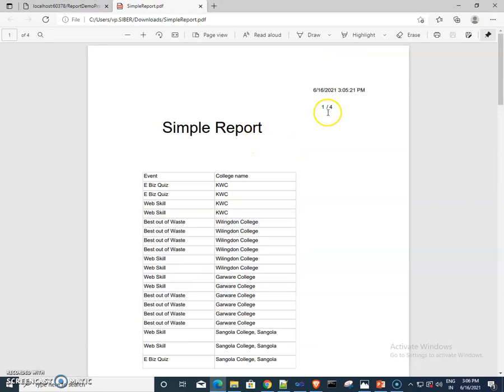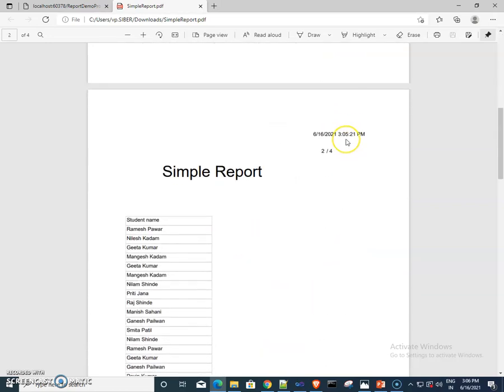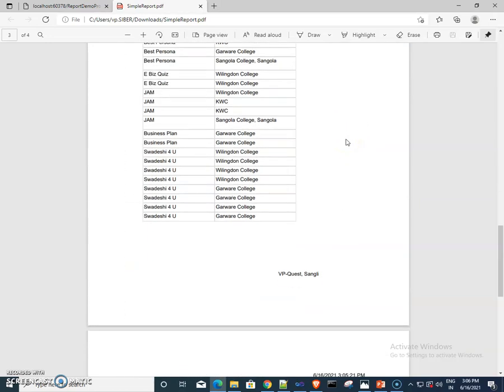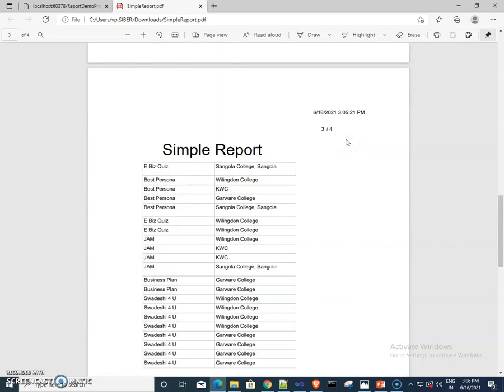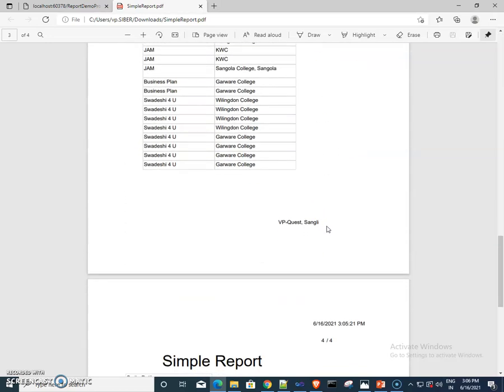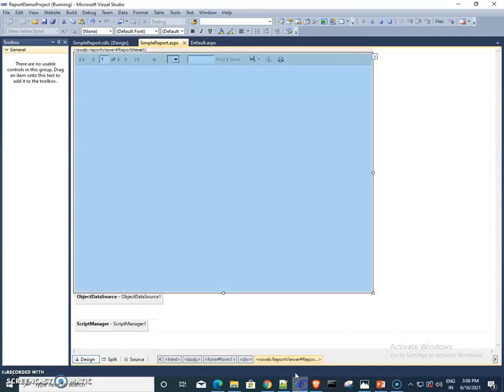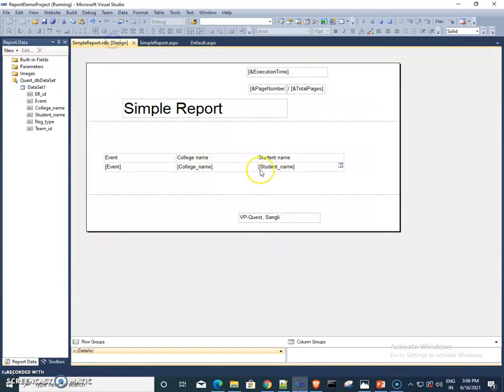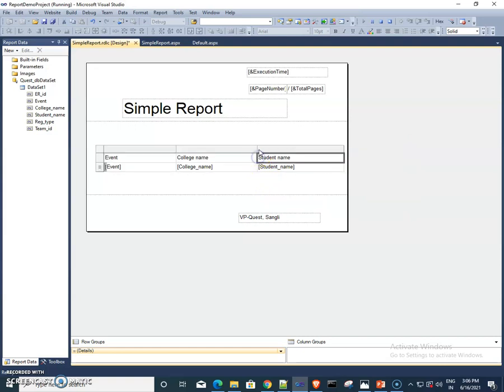So this is divided in 4 pages. Okay, 3 columns are not adjusted in 1 page, so this is divided in 4 pages. You can design it so that the whole report fits in 1 page.